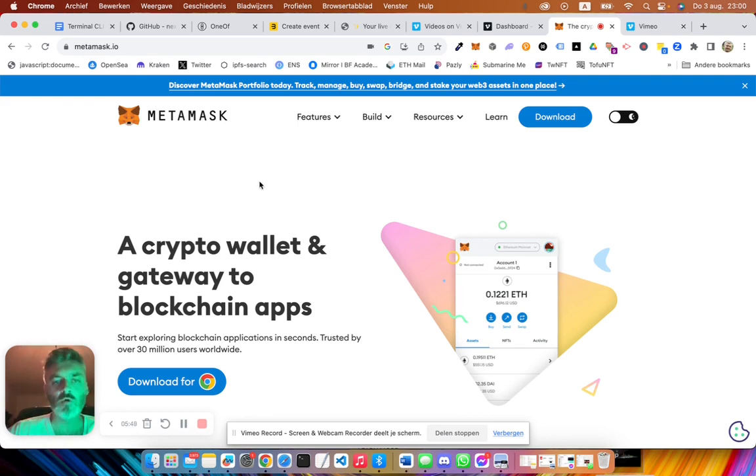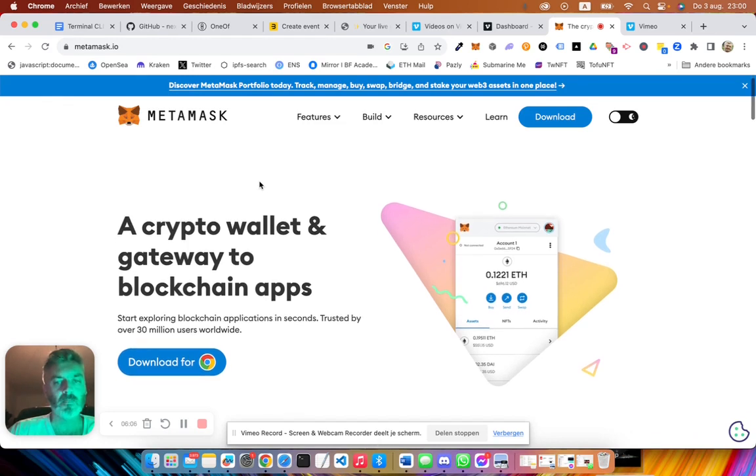It's also the second most important function: we will store accounts on MetaMask. We will be creating accounts, and each account will have a crypto wallet, and on that wallet you can charge it with cryptocurrencies or NFTs. So if you buy NFTs, they will come on wallets, on hashes, and these are called wallets, and these are stored on your MetaMask.